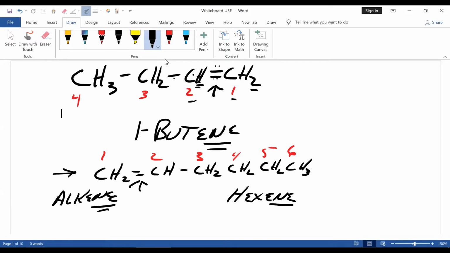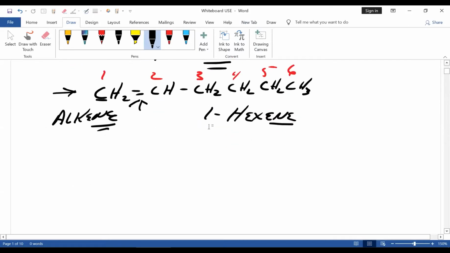That tells you that you have a double bond. Now, which carbon is closest to the end of both carbons of the double bond? This one, that's carbon 1. So this would be 1-hexene. Oh, let's do one more. Remember,